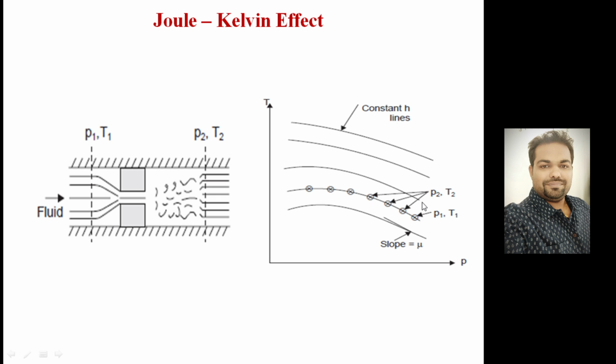The first topic is the Joule Kelvin effect. Joule and Kelvin together conducted an experiment, and they finally related the property variations to derive a coefficient that is called the Joule Kelvin coefficient. So the experimental setup was something like this. The insulated